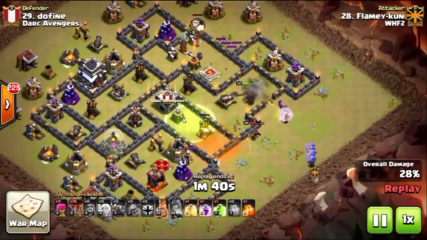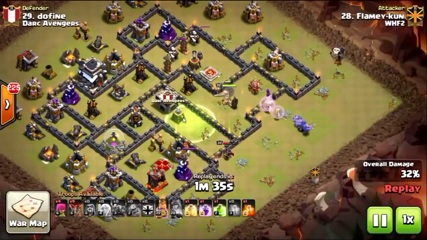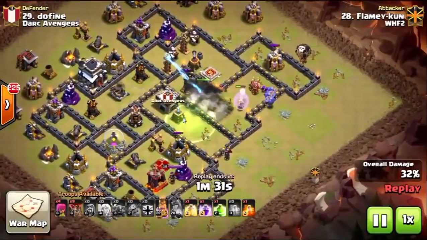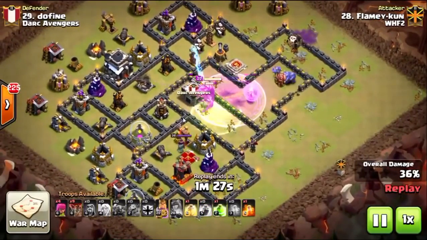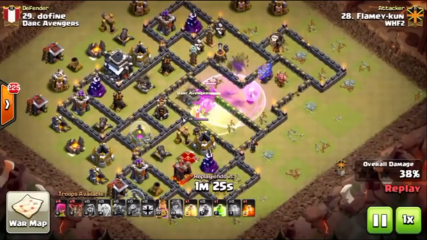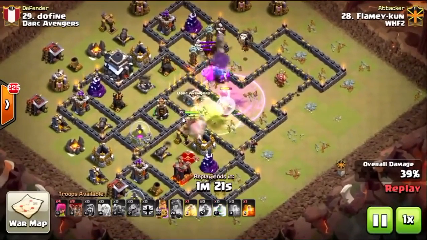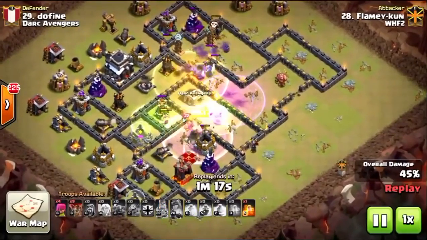So we do have the other two Pekkas going into the core. We've got the bowlers, really late deployment. It looks like an Apollyon deployment there, going, oh wait, Clan Castle, I still have one. So sending those bowlers in there. They do not walk though, which is completely amazing. They do get in the core, and they're just going to go ahead and take that rage and start throwing their rocks around and taking out that couple of Teslas up there, and just basically creating a path for that loon